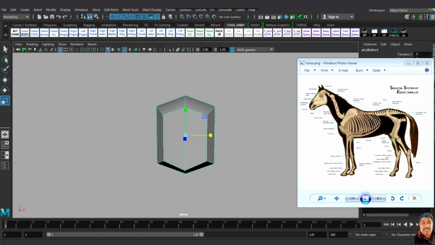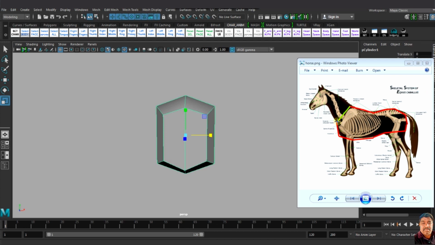Yeah, this is the horse, and we have to think about all its parts anatomy wise. This is my body part. I am making my body first. I divided all the parts anatomy wise.